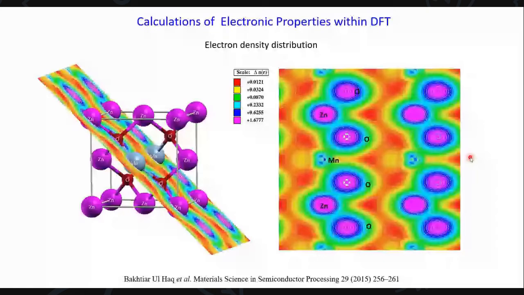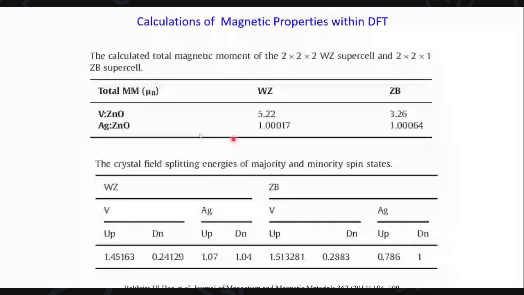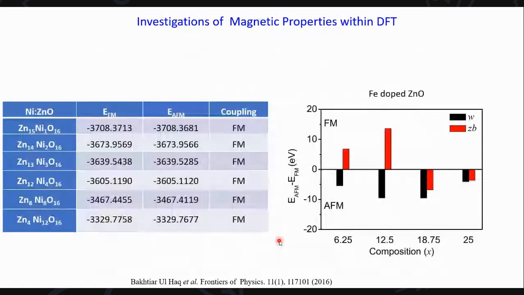Similarly, we can study the magnetic properties. We can calculate the magnetic moment for different materials, and also the crystal field splitting energies can be calculated from the spin polarized density of states using the DFT calculations. One can also study the type of magnetic coupling at the ground state for different